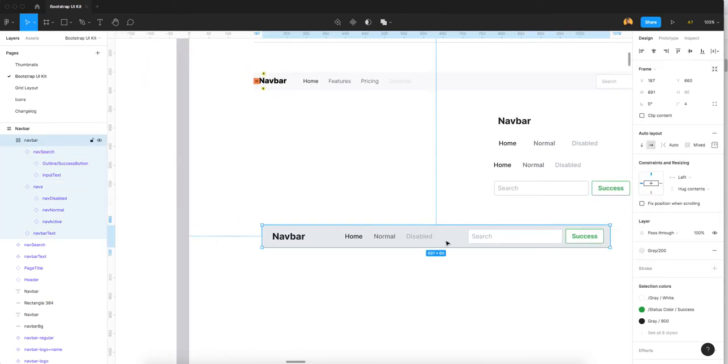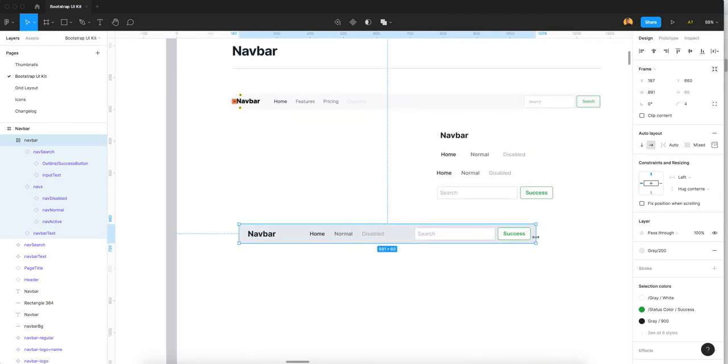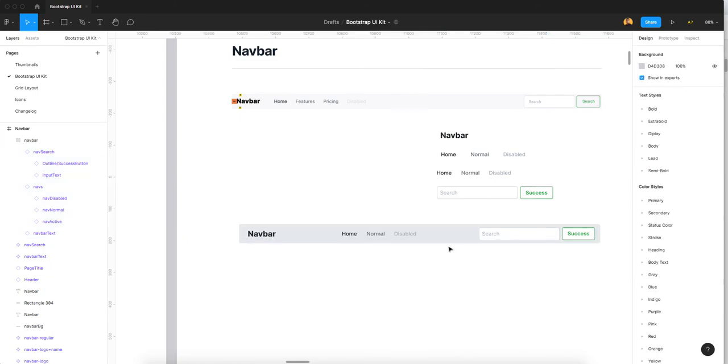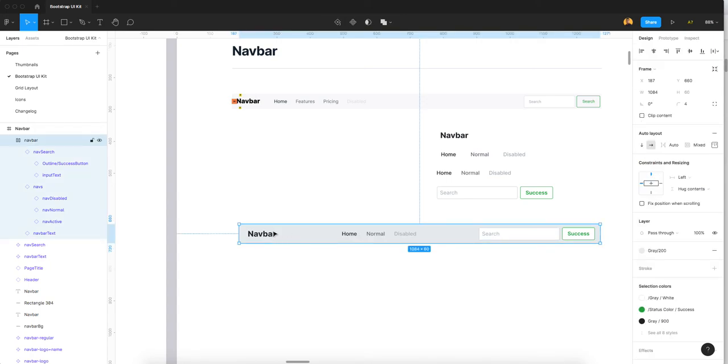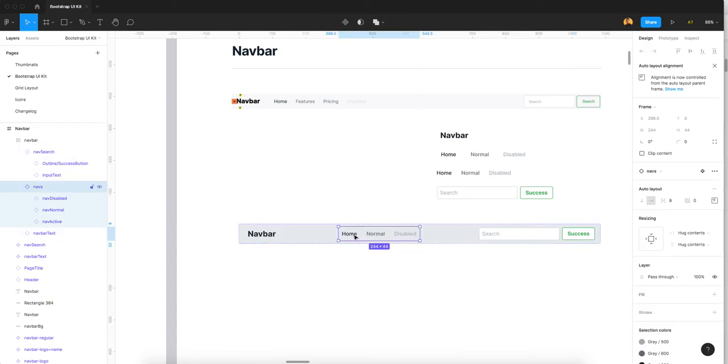Now you will see this completes our navbar. But if you want to create a navbar with no equal space, you need to put both components in one component.